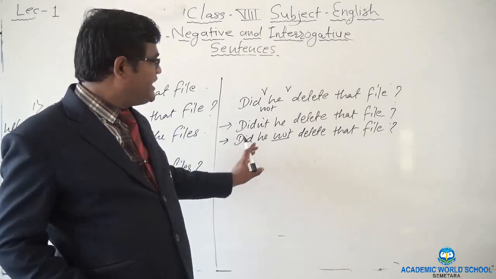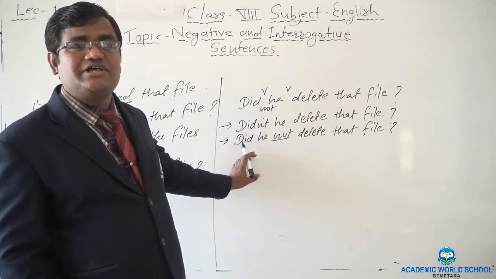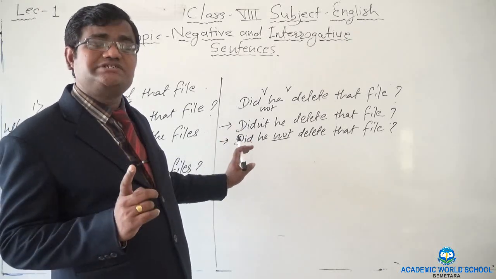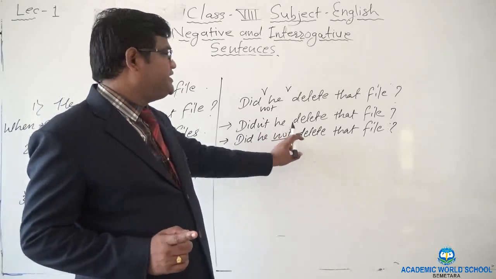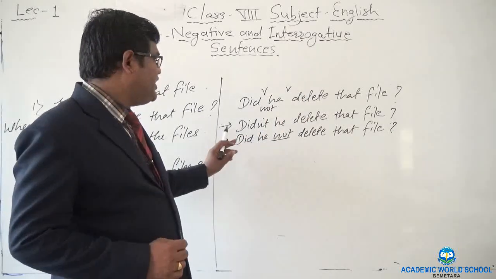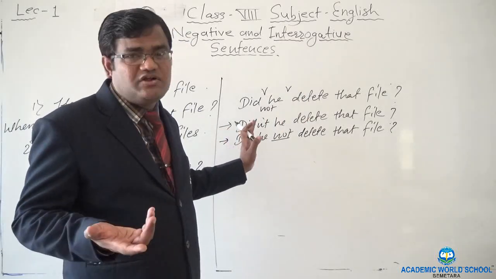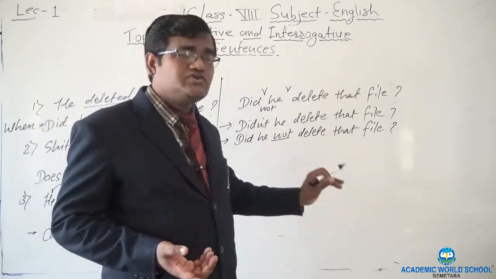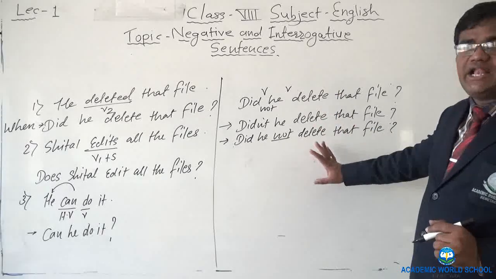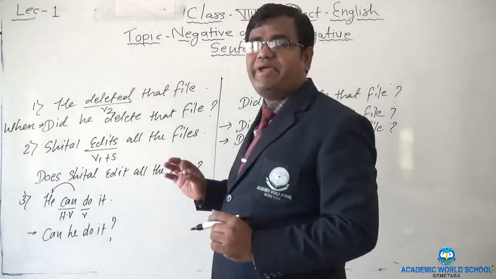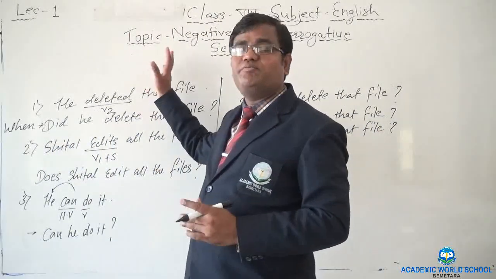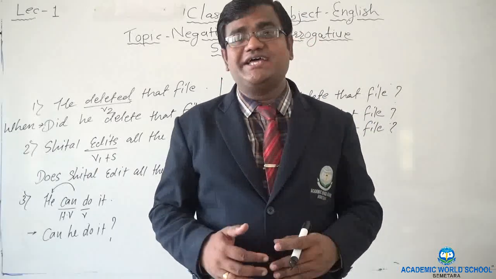The construction is still the same. And if I want to convert this sentence also into negative, in that case again I will put that WH type of word here. Why didn't he delete that file? We cannot make it with "where" here, isn't it? So whichever word will be suitable as a WH type word, we will put, and accordingly we will make the question, right? So I hope you understood today how to make the sentences negative as well as interrogative.